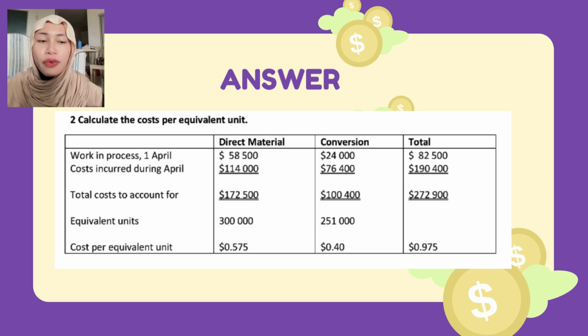We got a cost per equivalent unit of 0.575. While for the conversion, the total cost to account for, which is 100,400, divided by the equivalent units, which is 251,000 that we just calculated in the first question, we will get 0.40, and then we add them both, we will get a total cost per equivalent unit of